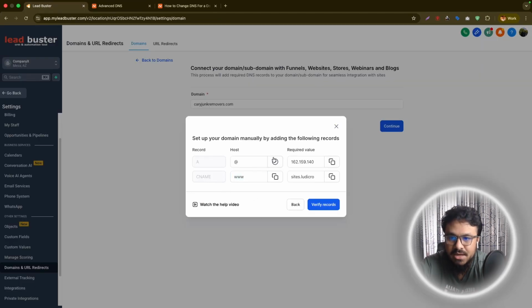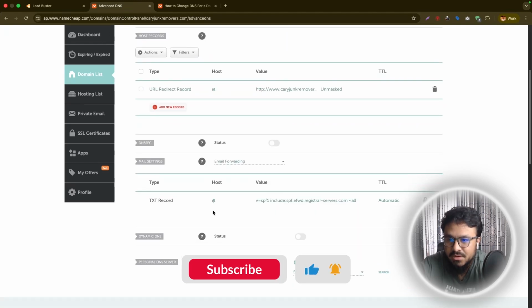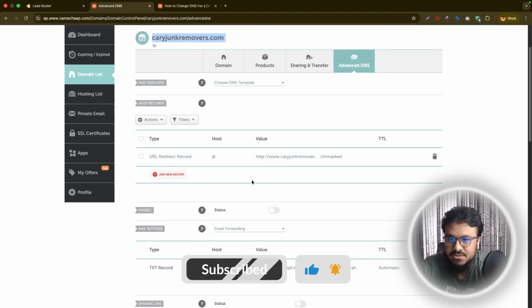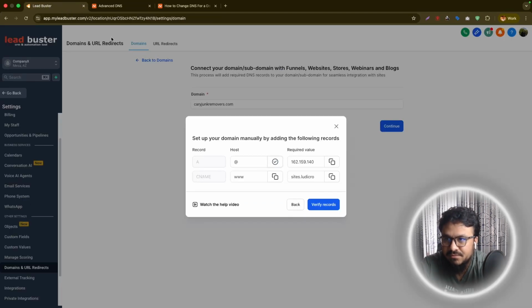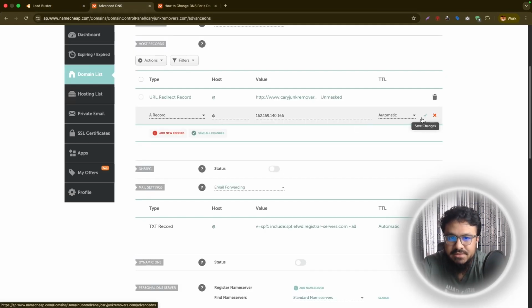What I will do now is the same thing for the A record as well. Let's see if there's an A record. I can't see any A record right now, so I'll just do add new record. For the A record, the host will be at. Just copy whatever you see here, put it under host, copy the value and populate this,